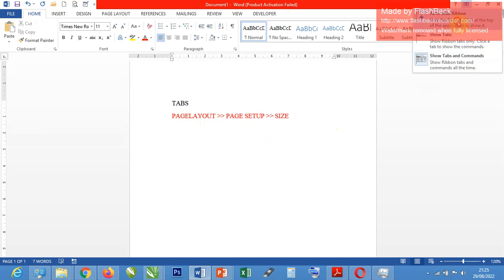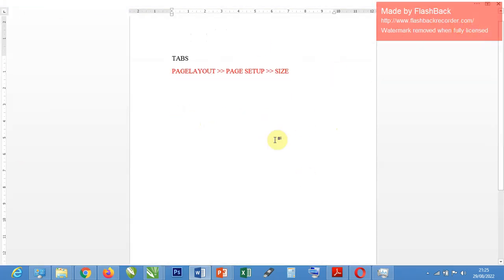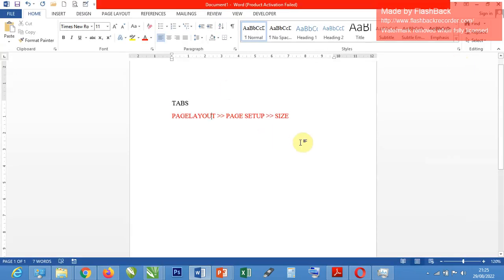You can say auto hide ribbon, which everything will go unless you enable it. So in my own case, I'm going to show everything. Then let's move to